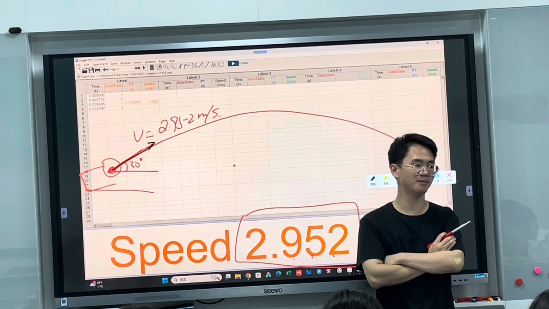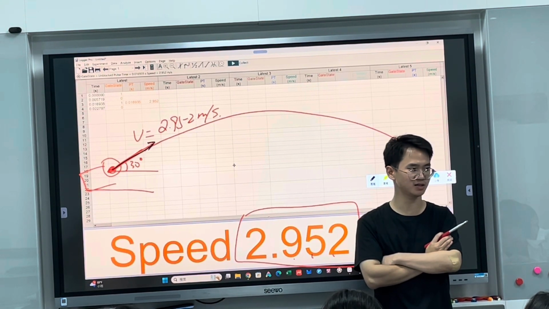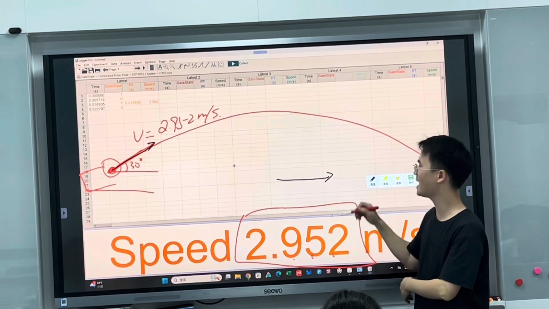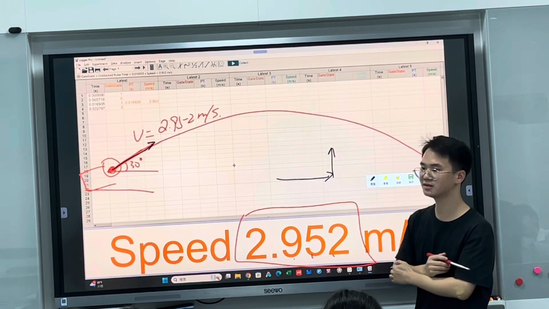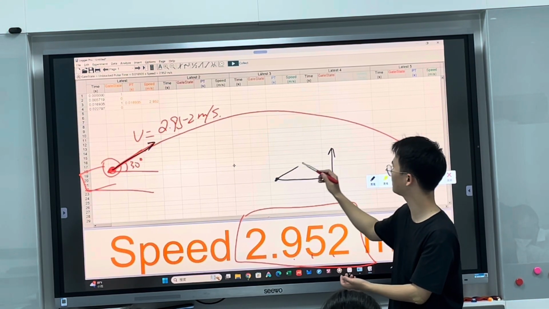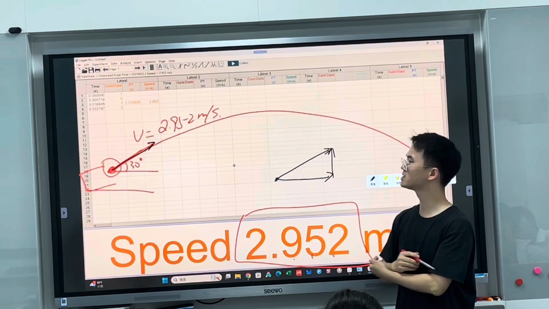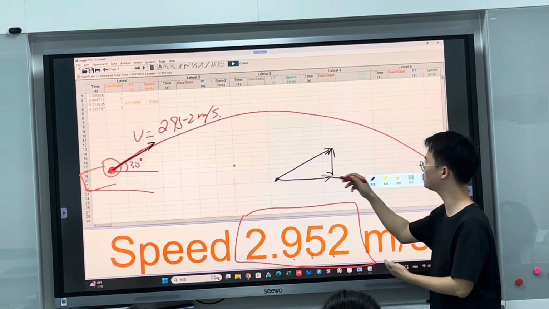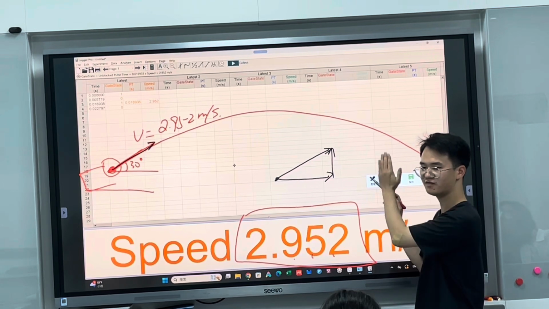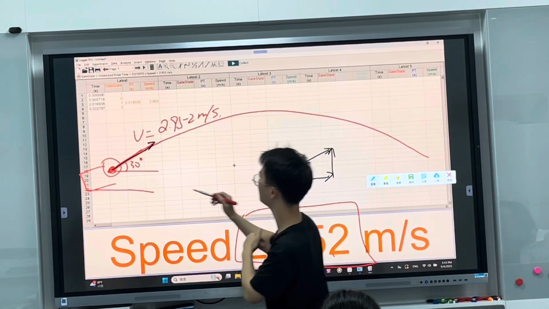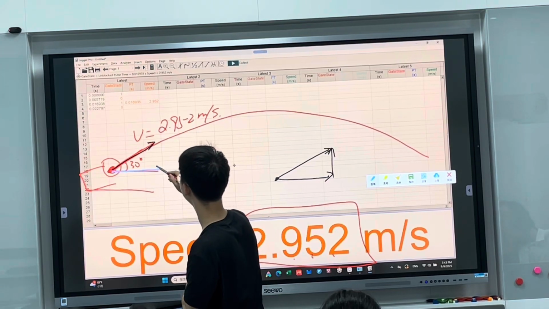Do you still remember how to add vectors? If we have two vectors connected head to tail, then the resultant vector is just from here pointing to here, right? Similarly, now we have this one. How can we decompose it? We can use two vectors, which are horizontal and vertical, as long as they're connected head to tail. So we can decompose it using these two